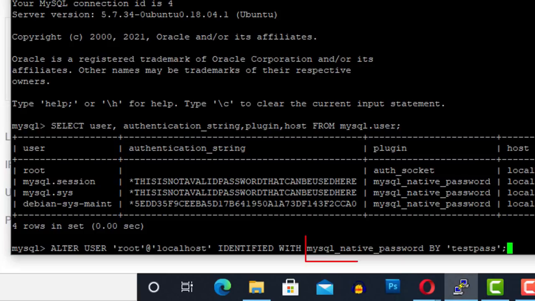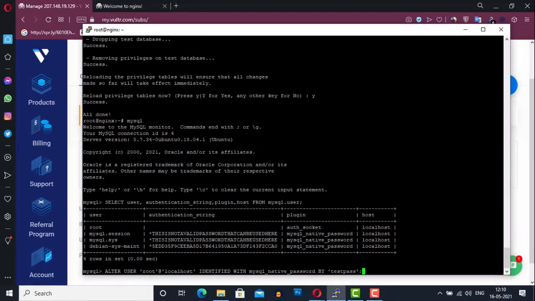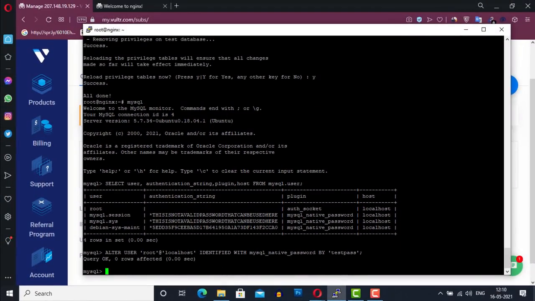So this is the plugin that we want to apply to this account, and this is the password for user root. I've used a very simple password for this video's purposes, but you definitely have to use a more secure password than this. So press enter to execute this command.